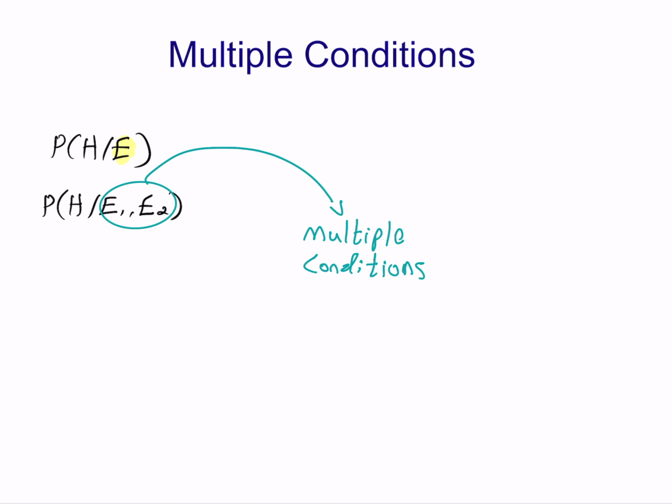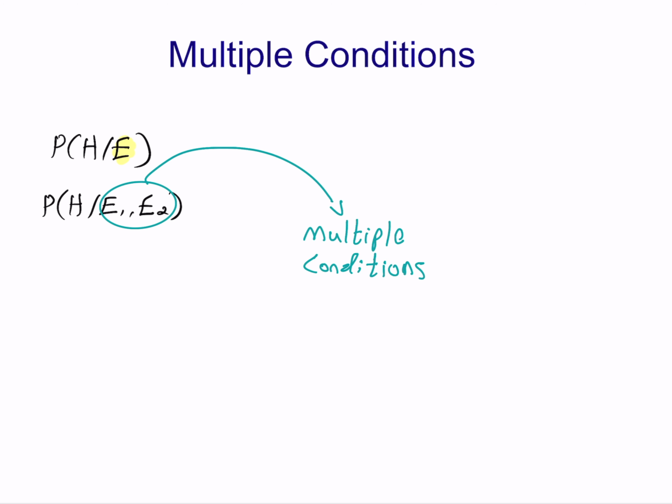But in our world, sometimes not only do we have a single bit of evidence, we have multiple bits of evidence. So instead of P of H given E, I can write P of H given evidence 1 and evidence 2. These things are very important in autonomous vehicles that receive information from multiple sensors. So the question where the car is located should also contain data or information from one sensor and also data or information from another sensor.